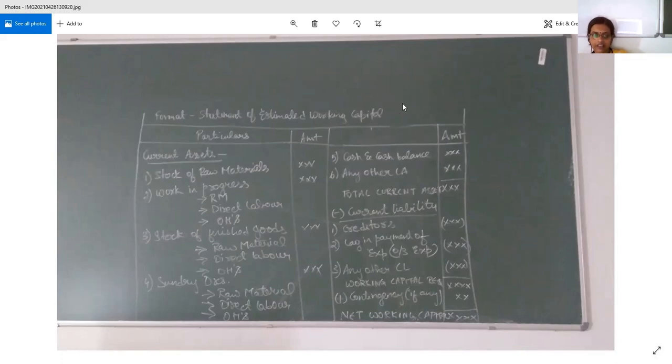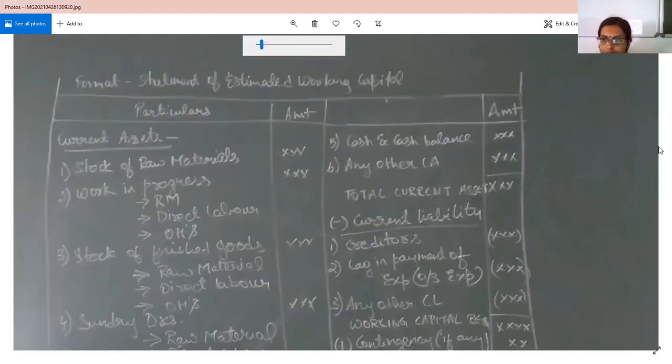And thirdly, finished goods. When I say my finished goods are dispatched and ready for sale, what costs do they involve? My raw material cost, labor cost, and overheads cost. Now, what are overheads? Overheads refers to the cost incurred for wages, rent, electricity charges. All these are considered to be overheads.